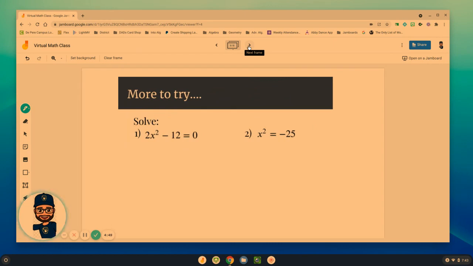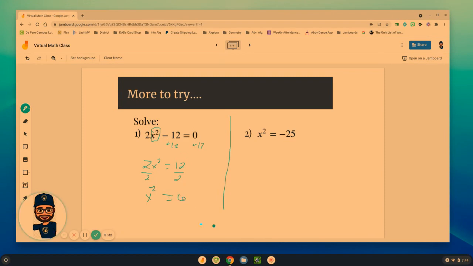So let's look at these two and try to solve them. Let's just focus on number 1 over here. What would be the first step? Hopefully, just like with the absolute values, we need to isolate the x squared part. I can't do anything with this until the other information is on the other side. So I'm going to add 12 to both sides, and I'm left with 2x squared on the left side equals positive 12 on the right. That means we need to divide by 2, and if I divide both sides by 2, I'm left with x squared